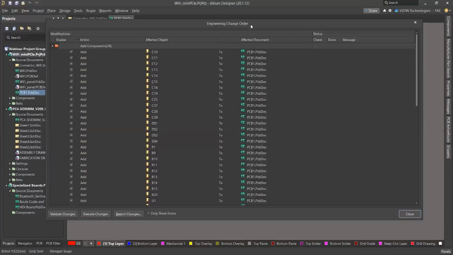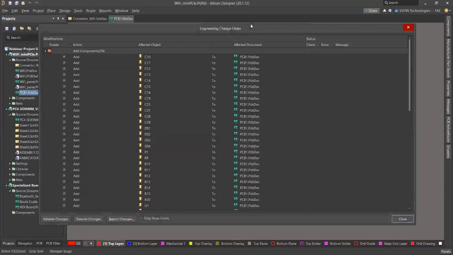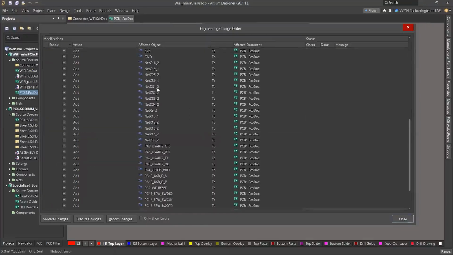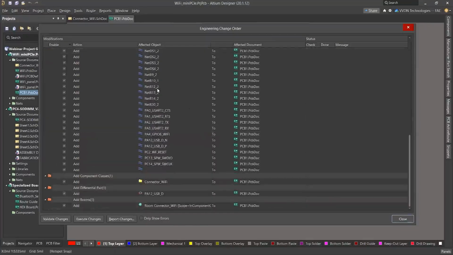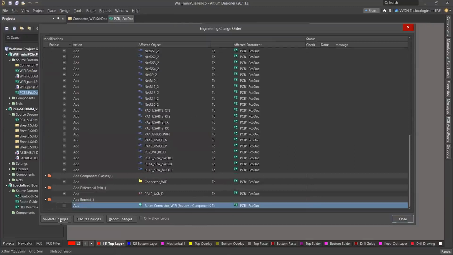This window is called the Engineering Change Order. It shows the components affected from our schematic sheet to be imported, and from there you can also disable rooms, validate changes, then execute changes.